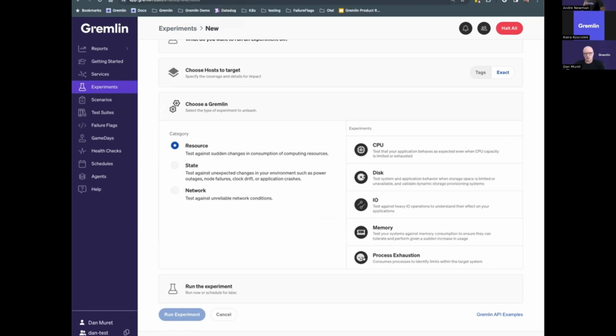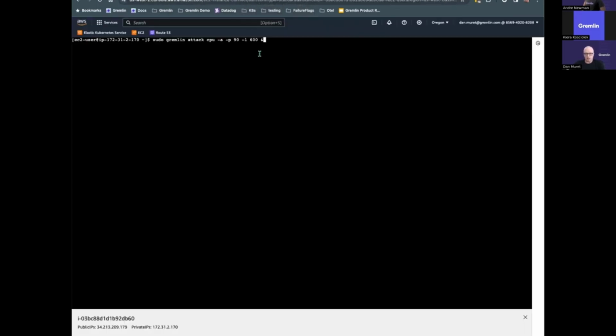So to do this, I thought we always run the experiments from the Gremlin UI. That's where a lot of people do it, but not everybody knows that you can do this from the command line as well. So I basically just used the Cloud Shell to the box. This is the IP, the 172.32 to 170. So basically, I'm just going to run this command. It's going to be a Gremlin attack CPU on all cores, 90%, and run that for 600 seconds. And then I'm going to throw that in the background so we can look at it as it starts running. So we will kick this off,